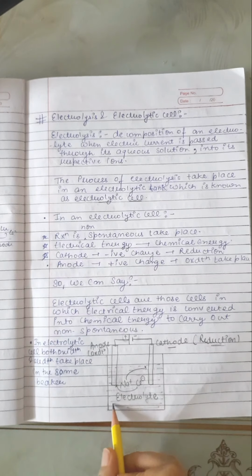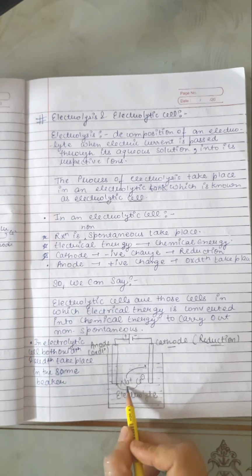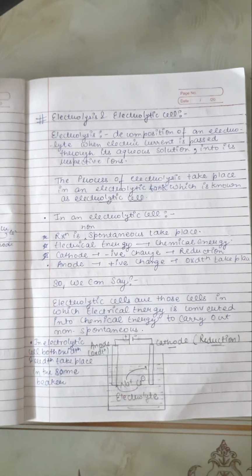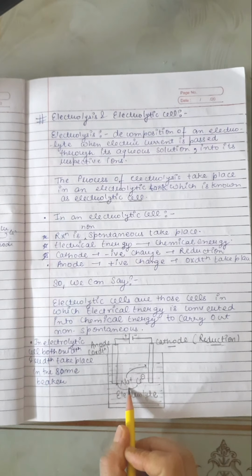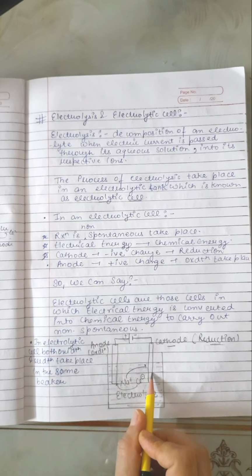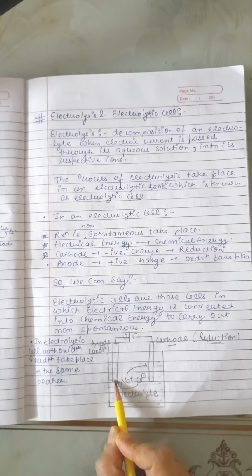And the process of electrolysis can be easily explained on the basis of ionic theory. According to this theory, whenever an electrolyte is dissolved in water or is taken in the molten state, the electrolyte dissociates to produce positive and negative charge ions. On passing electrical current, the positive charge ions move towards the cathode and hence are called cations, whereas the negatively charged ions move towards the anode and hence are known as anions.